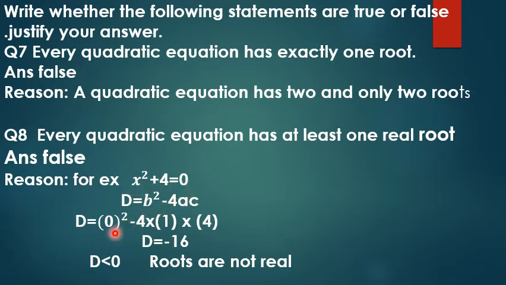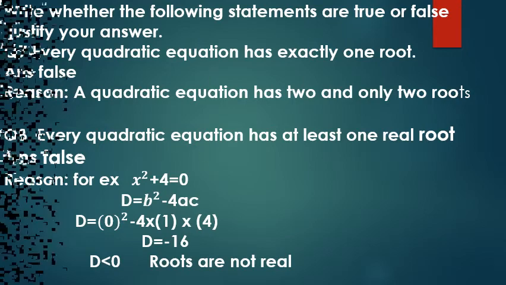On finding the discriminant, we see that D is coming negative. In that case we can see that the roots are not real. It means single roots cannot exist. It means that a quadratic polynomial always has two and only two roots. It can never be a single root. They will be real or they will be equal.